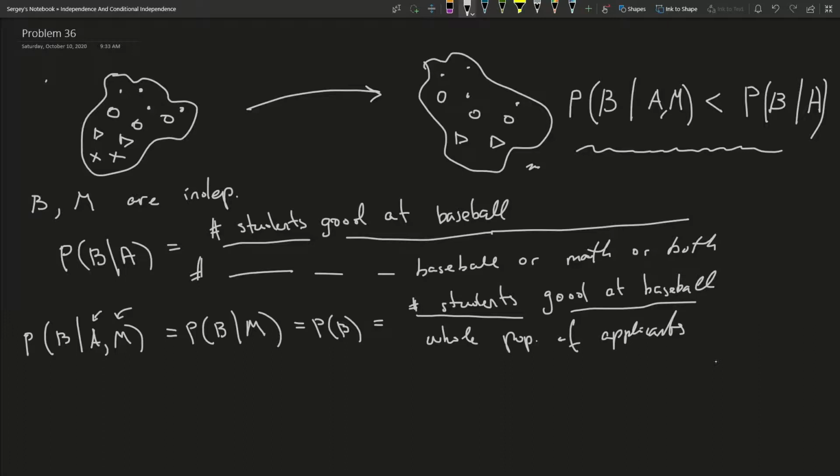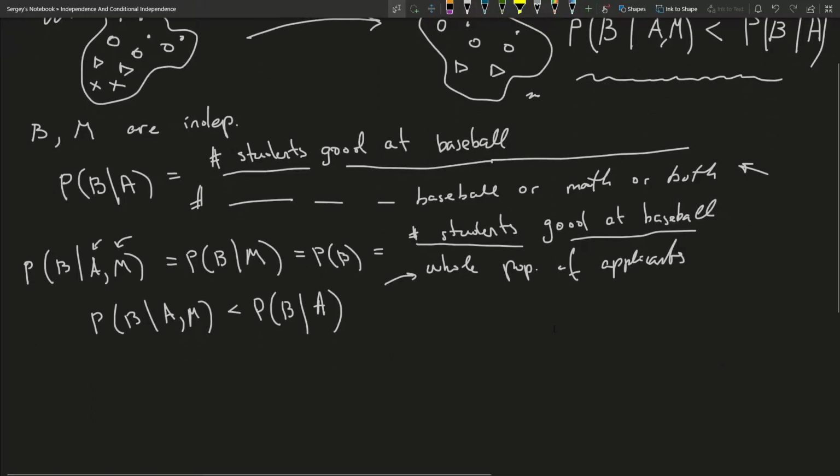So here was our whole population. Here were the people who were good at baseball, math, or both. And so since the population on the left is larger, the denominator here is larger than the denominator here. And so we see that the probability of B given A, comma M is in fact smaller than the probability of B given A. So this is the intuition